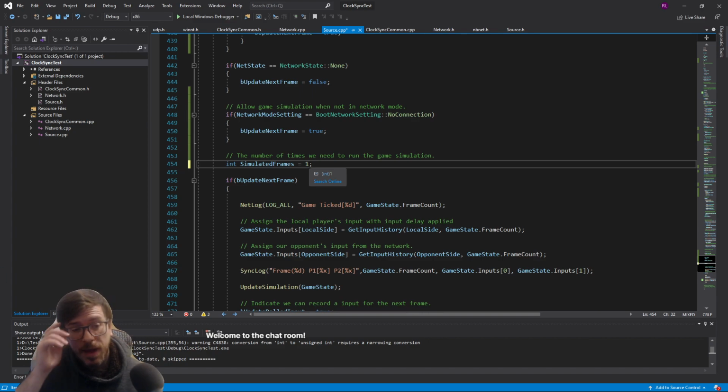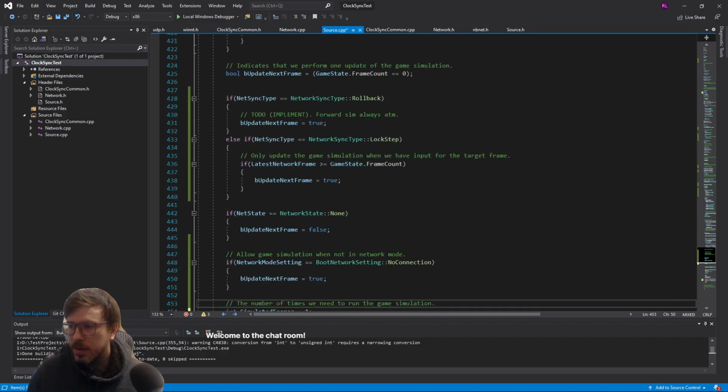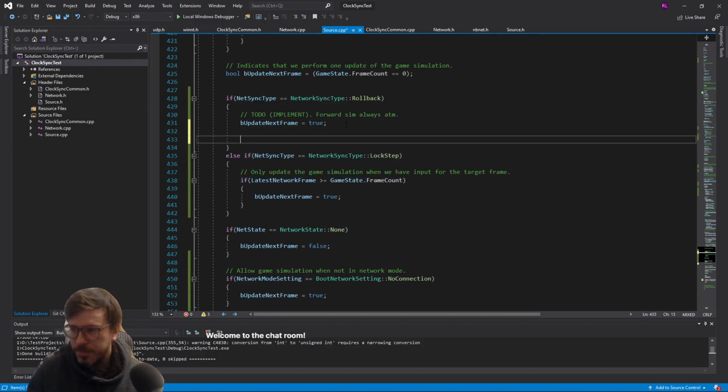Resimulation is going to be based on how many frames we run forward without input, right? So we need to record how many frames we are ahead of the opponent without receiving input from them, okay? So the plan here is to check whether or not we would normally be able to update forward like in lockstep mode. If we can't, then start counting. So we previously added this code here for checking to see if latest network frame is greater than frame count. If this is not true,